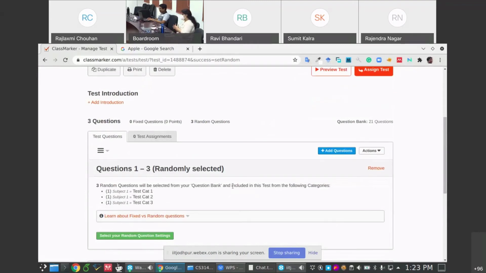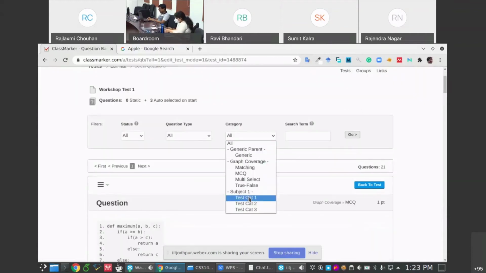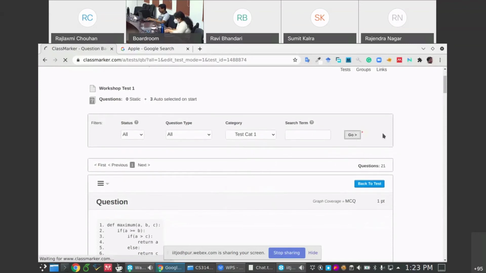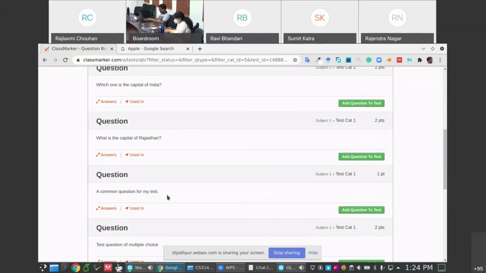Next, you can also have a common question. Suppose you want to have all these categories, but you want at least one question that is common to all the students. You can add that also from your question bank itself. So you select some question, maybe from test category 1, a common question.